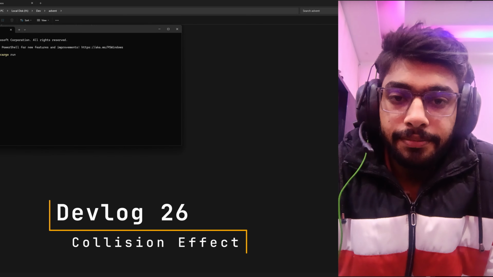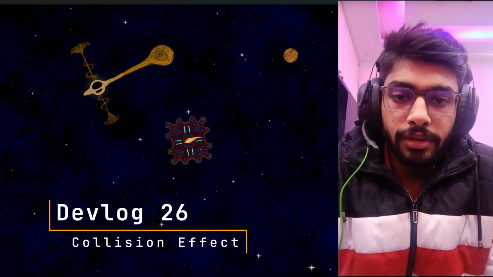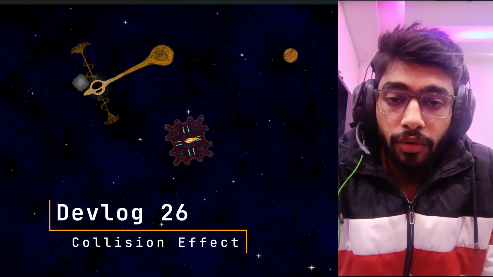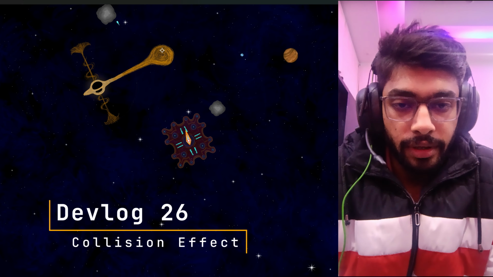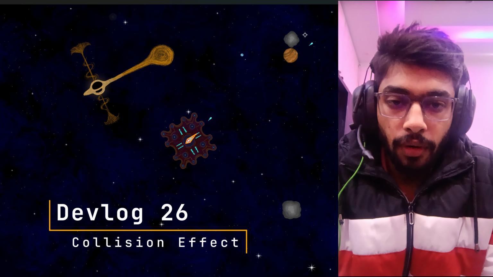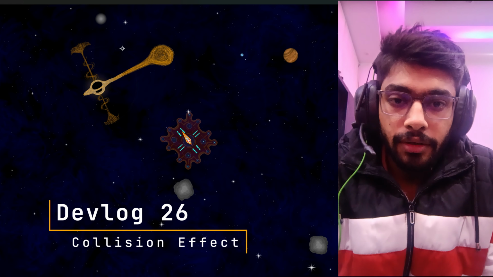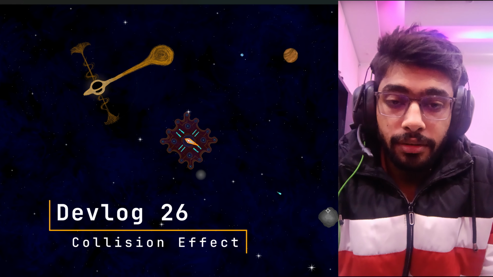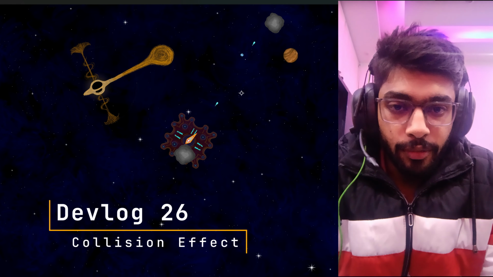Today's update: as we decided yesterday that we wanted an effect of collision, we were trying to find out the contact point where bullet and meteorite are colliding. After finding that point, today's progress is we found that colliding point and